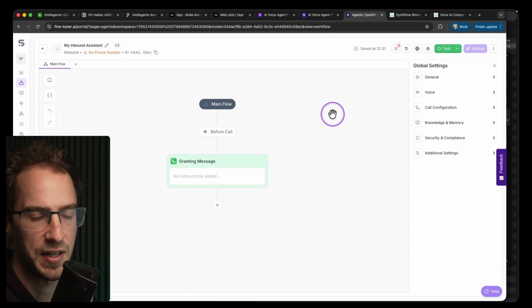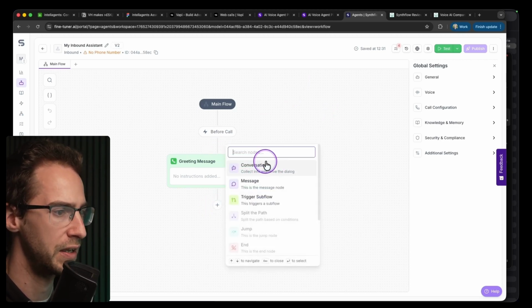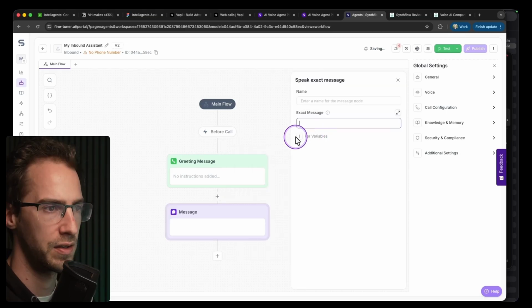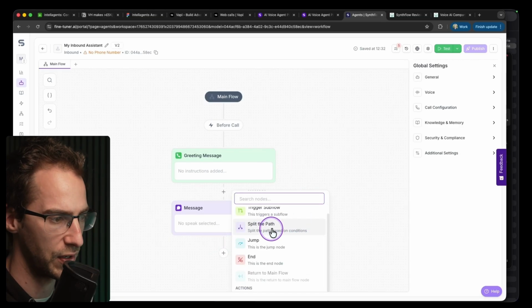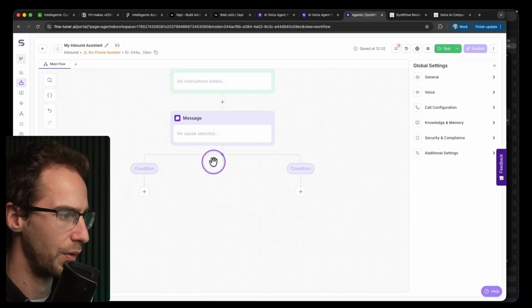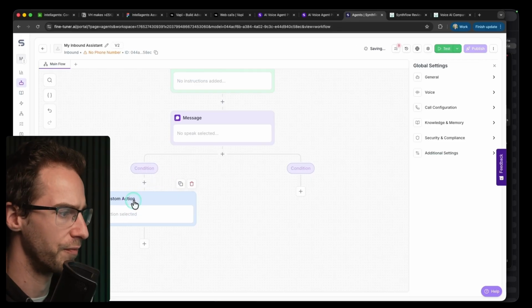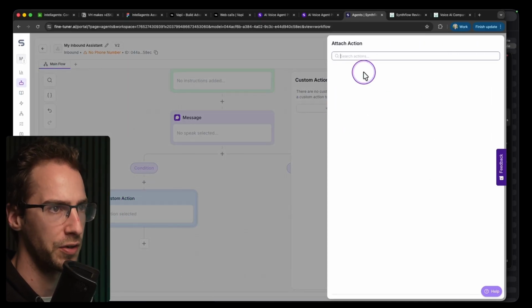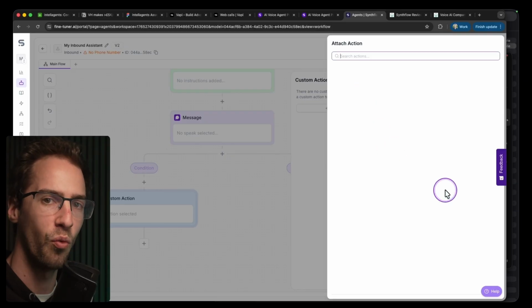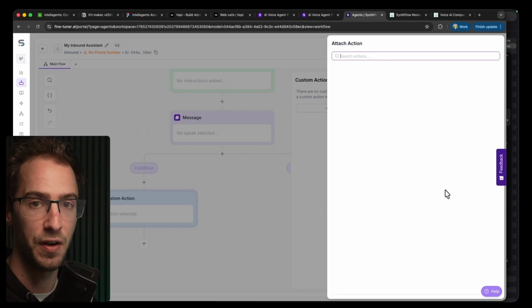But as you can see, like most visual voice agent platforms, you've got this nice canvas over here, and you can add your nodes by just clicking here. You can enter your prompts in here, and we've got all the expected nodes. You can do call transfers, you can add conditionals where we have these different routes, and you can also trigger tools. I think they're called actions in Synthflow. Like most tools, you need to build your actions separately, and then you can connect them in here. Now, where Synthflow is quite different to other tools is that because it's primarily designed for no code, Synthflow